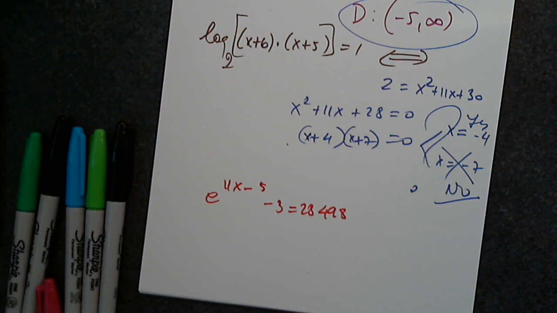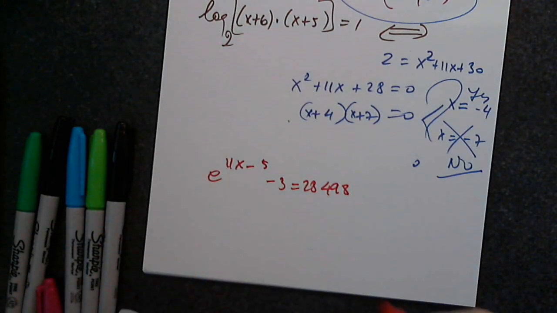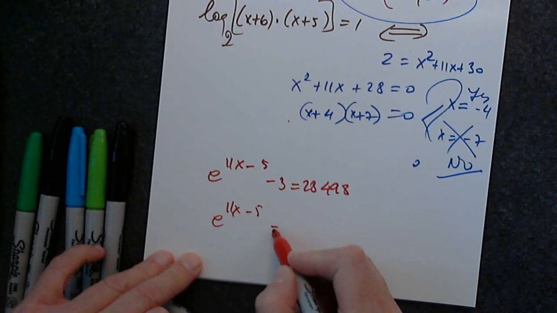Again, we have to identify the type of equation. And then we have to identify whether it's completely cleaned up. If it's cleaned up, then we'll identify what we need to do next. What type of equation is it? Is it completely cleaned up? No. So what should I do then? Add 3, very good. e to the 11x minus 5 equals